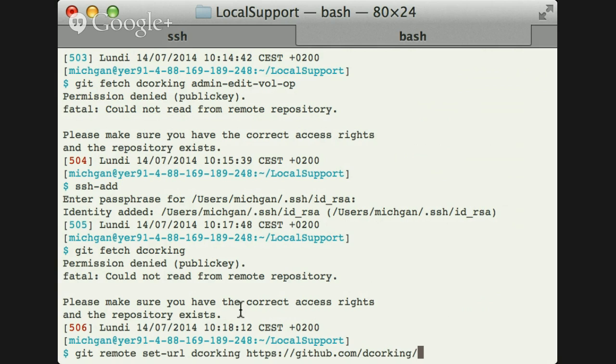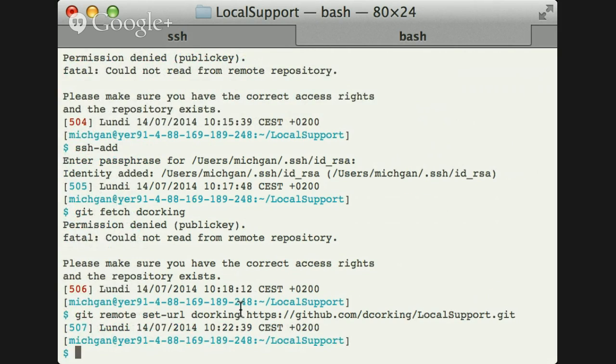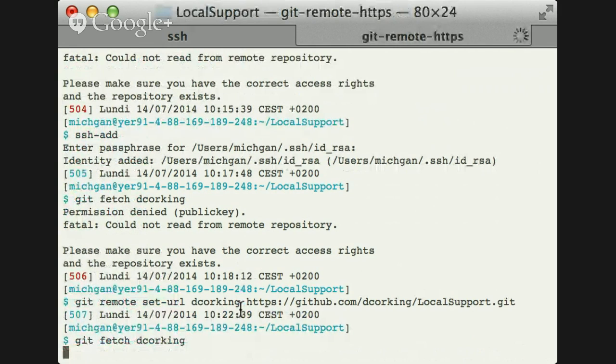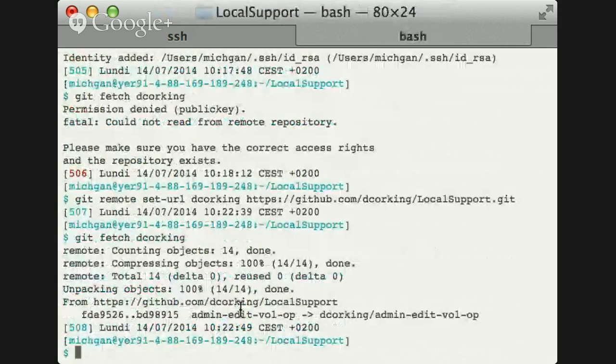Decorking and then local support. I don't remember the last part. .git. .git. Okay. That should do it. Okay. And now I retry fetch decorking. Yes, please. I can really start. So, phew,